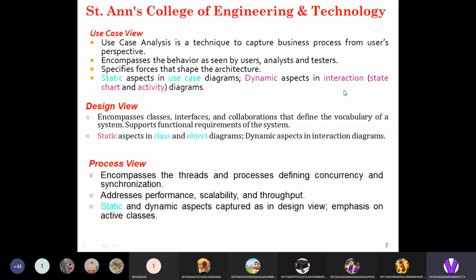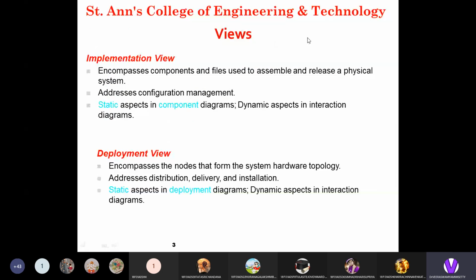And fourth one, implementation view. Implementation view encompasses the components and files used to assemble and release the physical system. So in implementation, we will focus on the system environment, and it addresses the configuration management.